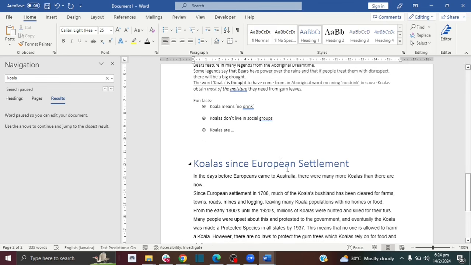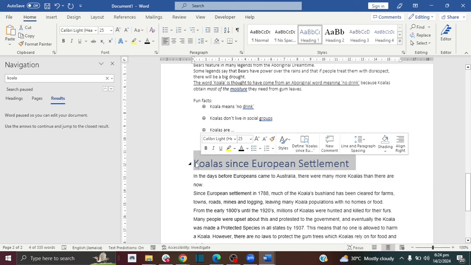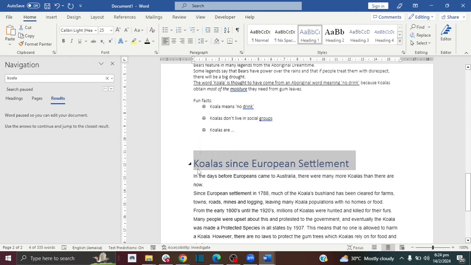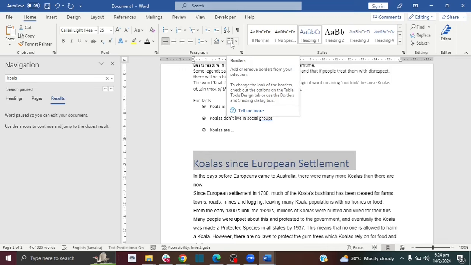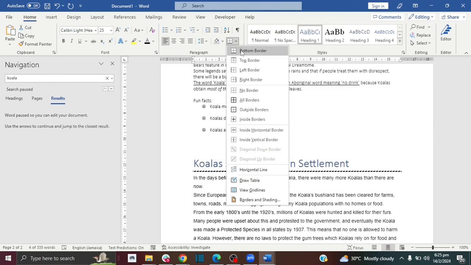Here's something else that you might find useful. Let's say you have your title here, your heading title, and you want to add some type of underline on it just to spruce up your content and make it look good, or just to highlight that this is actually a heading. So what you want to do, you want to highlight your text, and then you have this option to add a line underneath it. So all you have to do, click this arrow, then click on border, bottom border,